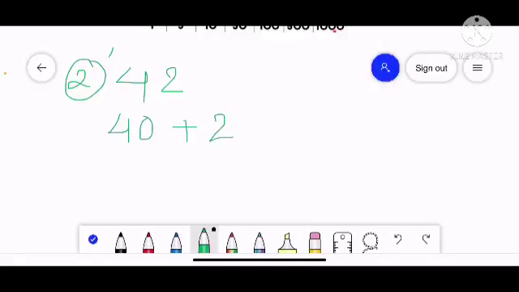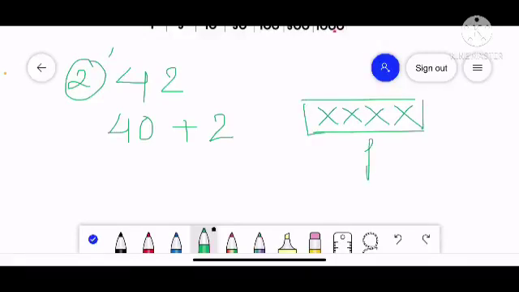But we are not having any Roman numerals for 40. Again we are going to break further, but as you know that we cannot write 10 more than 3 times. Suppose according to the rules we can write X up to 3 times. For 40 we are not going to write 4 times X, that is wrong. We are not going to use it. Okay, we are going to use now L.